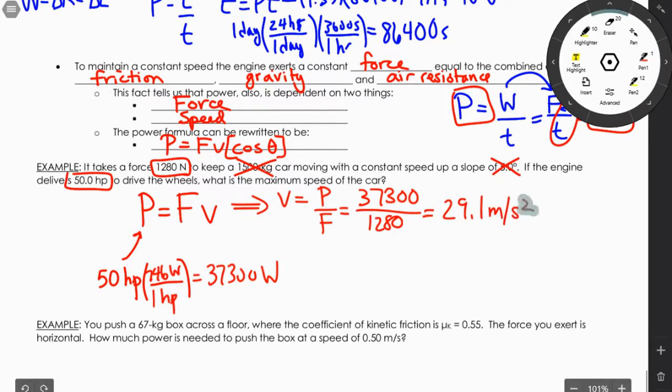not squared. Sorry. Okay. Now, sometimes they may want you to convert this into miles per hour, because we're talking about a car, we're here in the United States, right? And so you have to do